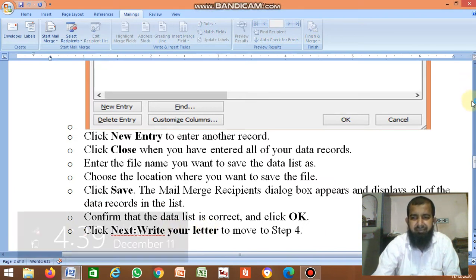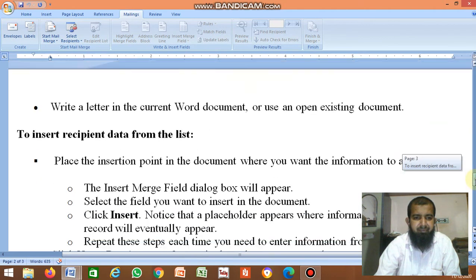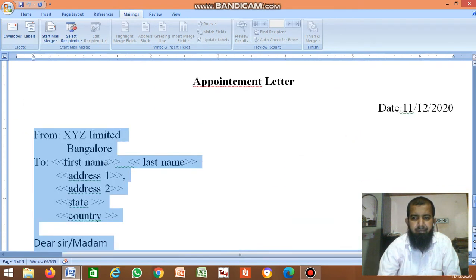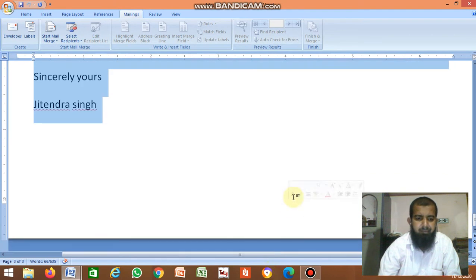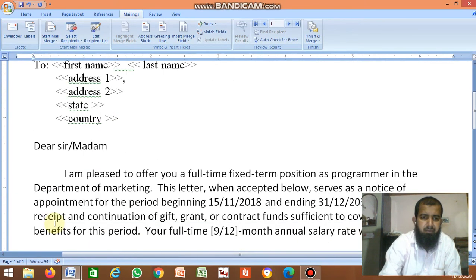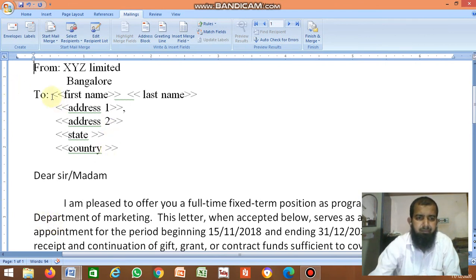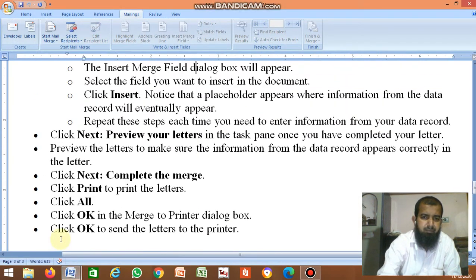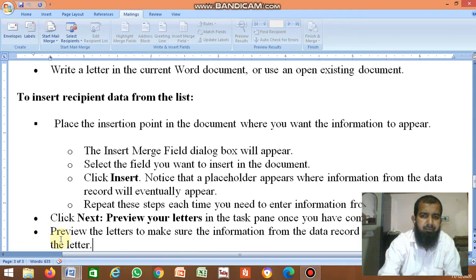Then, write your letter. To insert recipient data from the list, place the insertion point in the document where you want the information to appear.